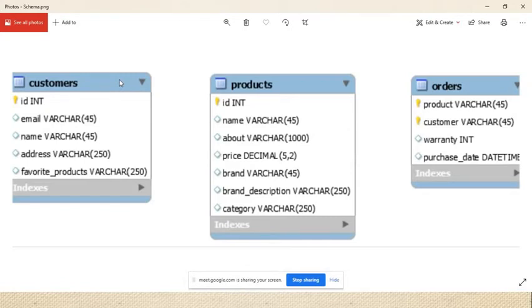We need to list out the attributes, and after that we need to think about the primary key, foreign key, and like that. And in the third level, we are actually trying to implement that. So this is what I designed: customer, product, and orders. Just discuss about that. What about customer? What fields are required? It is mandatory to have an ID, the customer ID, a unique ID in the table.